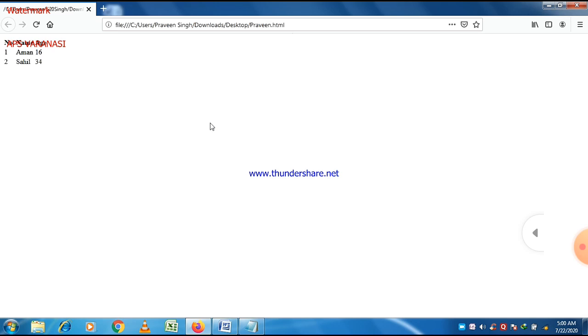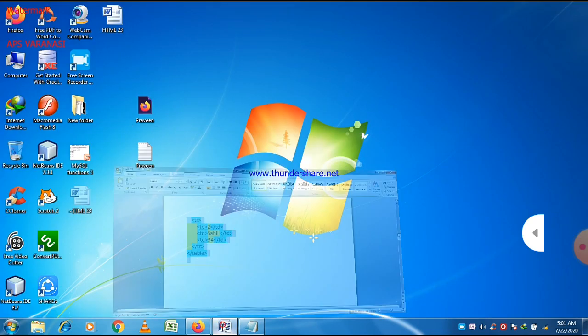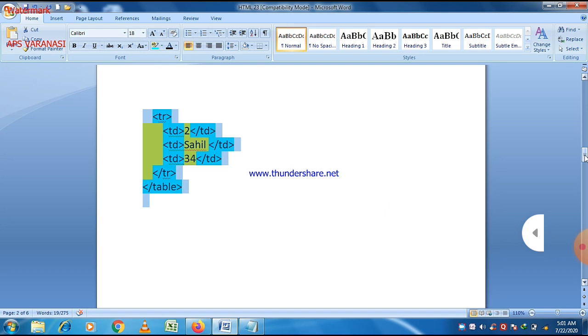You can easily see that the table data and table heading are there, but there is no border at all. Of course there is a table, but a table without a border is incomplete, I think. Or we can say that a table of border size 0 is there.